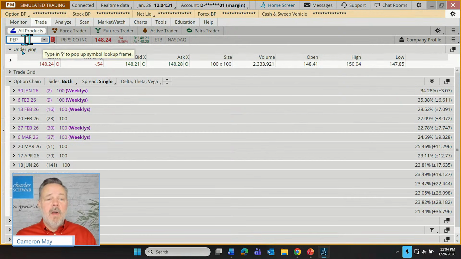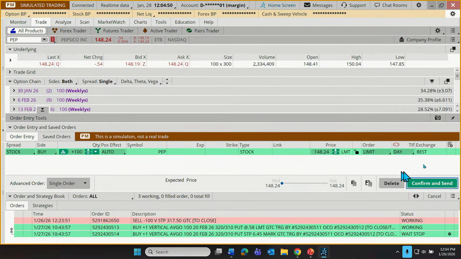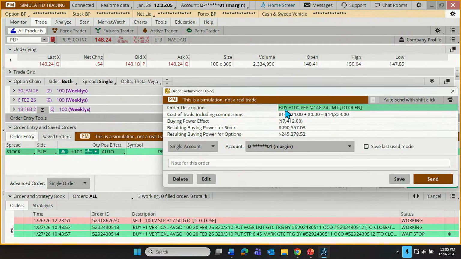But in any case, once we're on the trade tab with our symbol loaded, all we have to do is go to the ask price to place buy orders, or the bid price to place sell orders right here in the underlying field. So let's click the ask price, and really it can be just about this quick. As I click on that ask price, this brings up what could be a complete order. Now, it's customizable for quantity, it's customizable for order type, it's customizable for the price if we're using a limit order. But really with just that one click, we may be prepared to confirm and send an order.